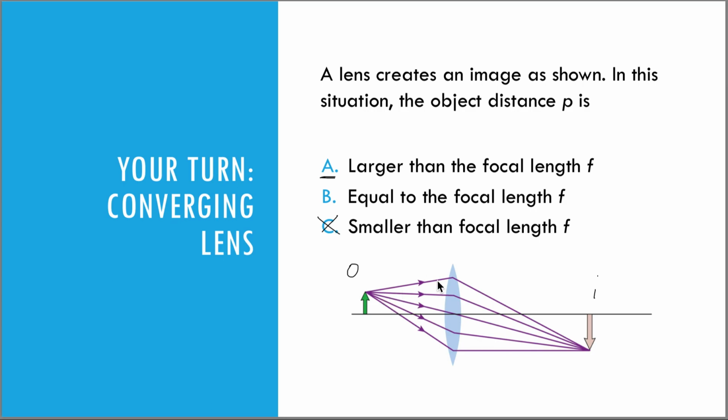We saw that, let's say the focal length is over here, and so 2 times the focal length would be here. So the focal point is here. This would be 2f here. We saw that when the object is between f and 2f, the real image is going to be bigger than the object. So our object is larger than the focal length, but actually smaller than 2 times the focal length. That's it for this